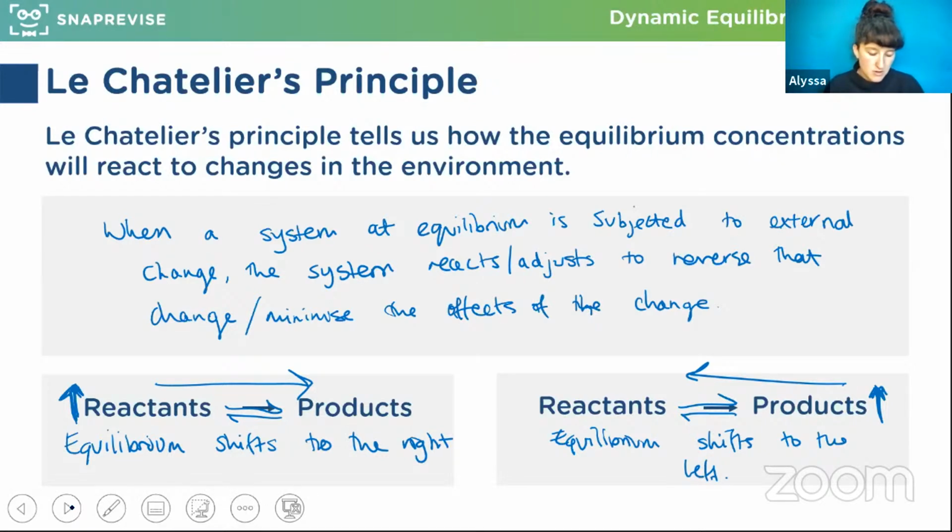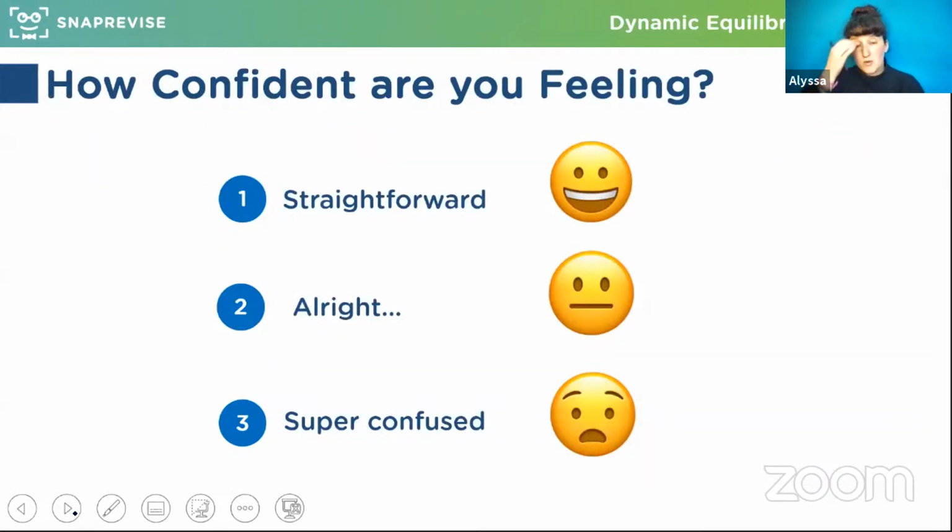Would it shift to the left or the right on the graph? We wouldn't see any change on that graph because at the moment, our graph is only showing the rates of the forward and backwards reactions once they're at equilibrium. The graph would change if you then subjected the system to a change. So you wouldn't be asked to draw the graph, you'd only be asked to describe what would happen. So I wouldn't worry about the graph, but you can think about that when we talk about it in a second. Think about what you would see, what you would say.